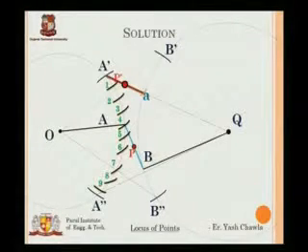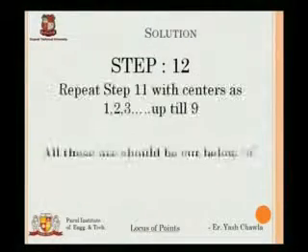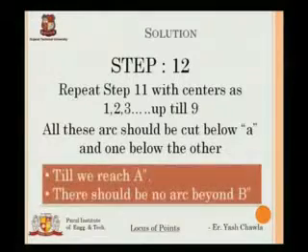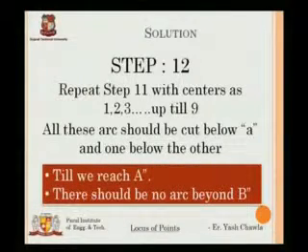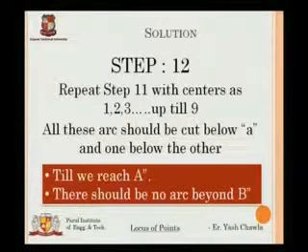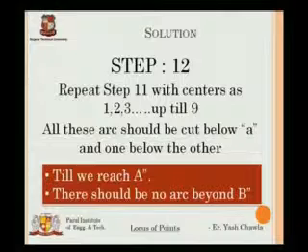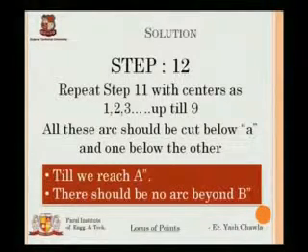So now again I'll perform the same actions from 1 up till 9. So remember these two things. We have to draw the connecting rod and take its midpoint till we reach A double dash. We should not exceed beyond that, and there should be no arcs cut from these